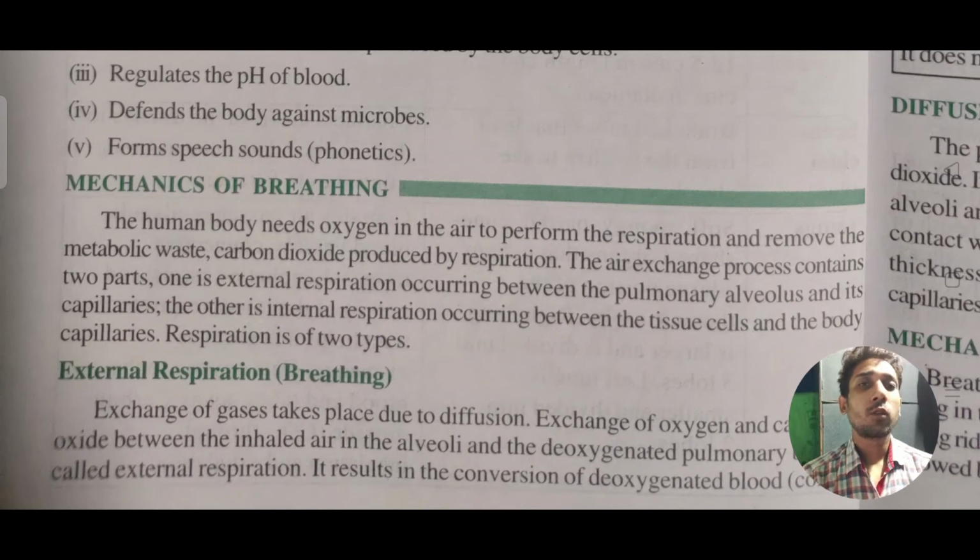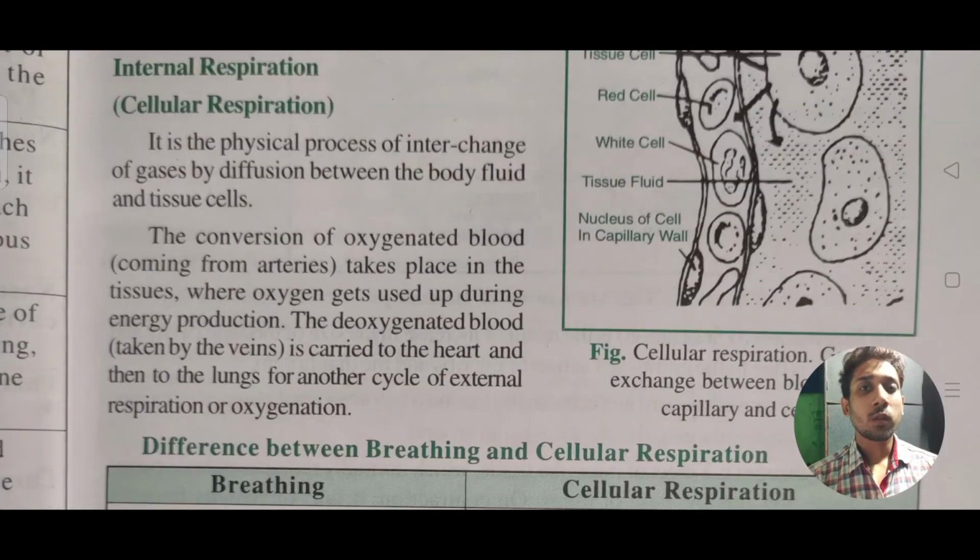Hello everyone. So today we are going to start. The physical process through which oxygen is involved in the cell for survival is called cellular respiration. In cellular respiration, the oxygenated blood that comes from the arteries reaches the tissue,